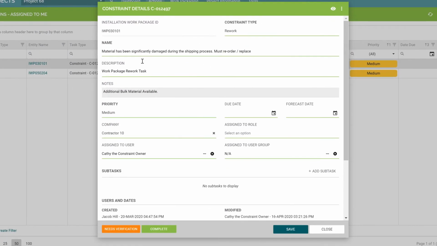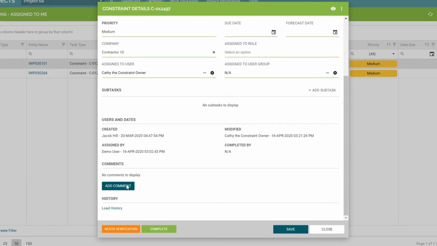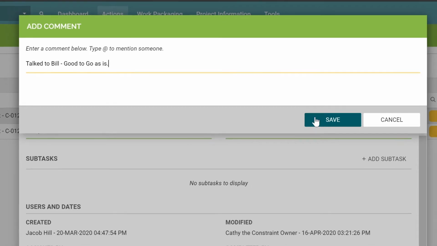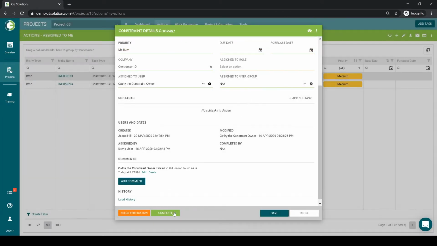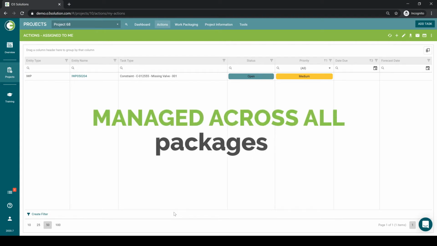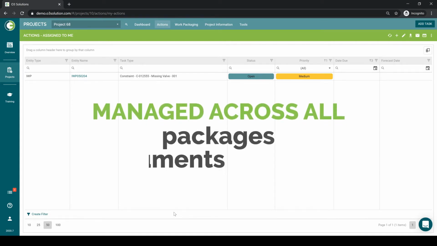Clicking on a specific task opens the constraint details where she can add comments such as, "I talked to Bill and we are good to go as is." She can also make edits or resolve the constraint to remove it from her task list and unblock the IWP. This same process happens throughout the job site where constraints are managed across all packages and supporting items like documents,